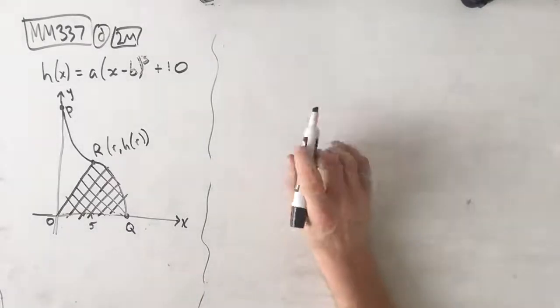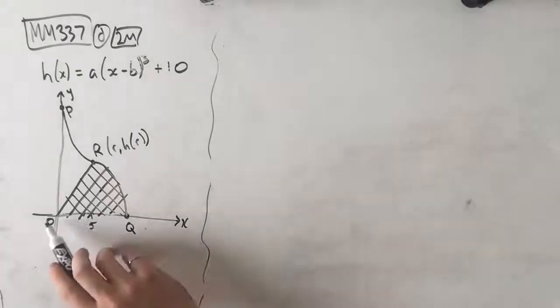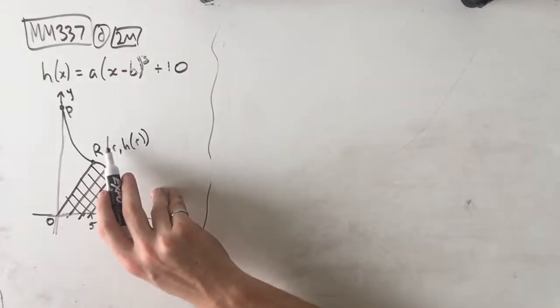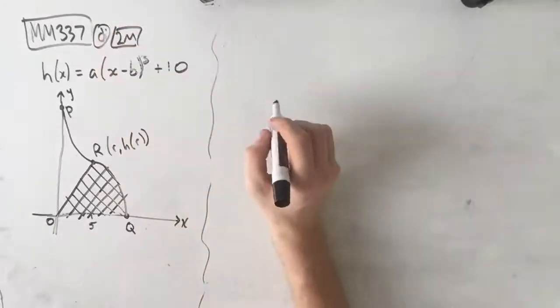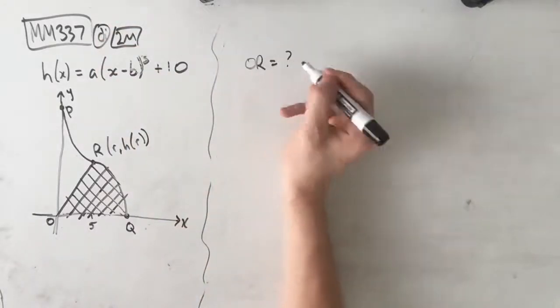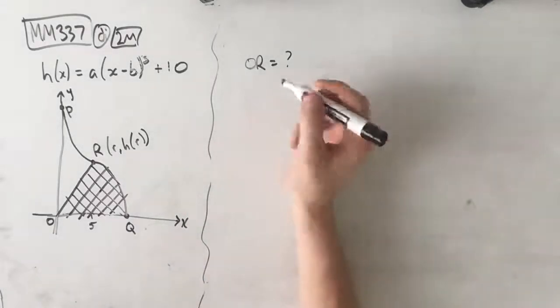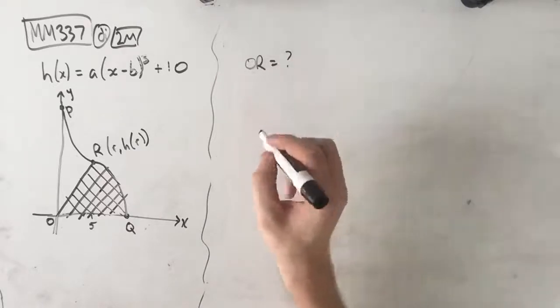Now part D is a 2-mark question, and says before they repaint the wall, they paint a line from O, (0, 0), to R, (r, h(r)), as shown below, where r is between 0 and 5. Awesome. Part I, so part D I, says find the length of the line OR in terms of r. Awesome. So, first of all, we know that our length formula, so to actually find the length of OR, actually,